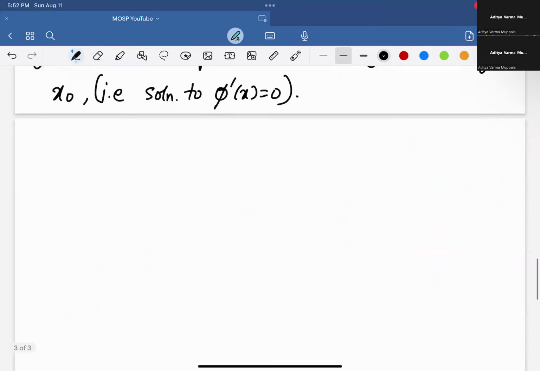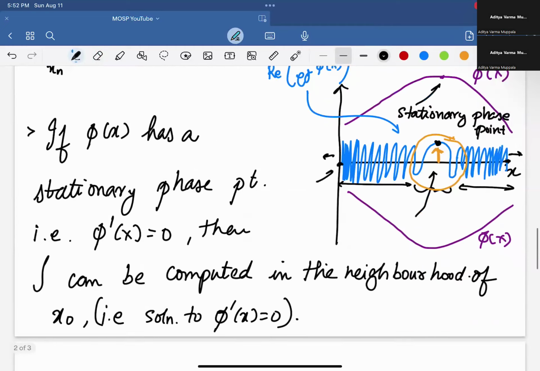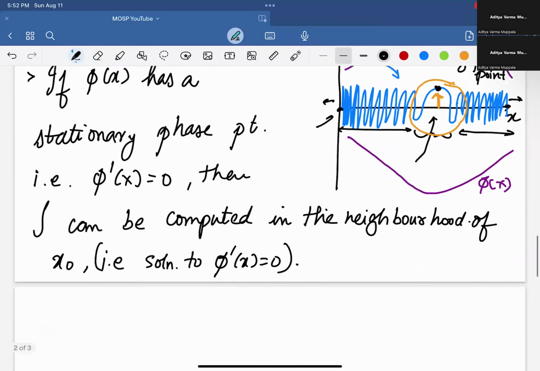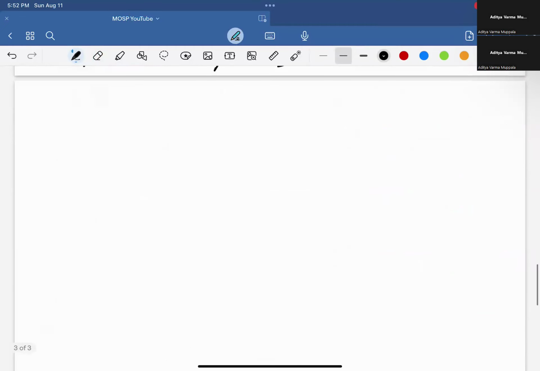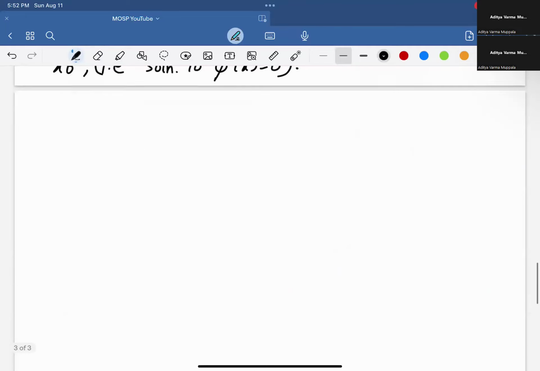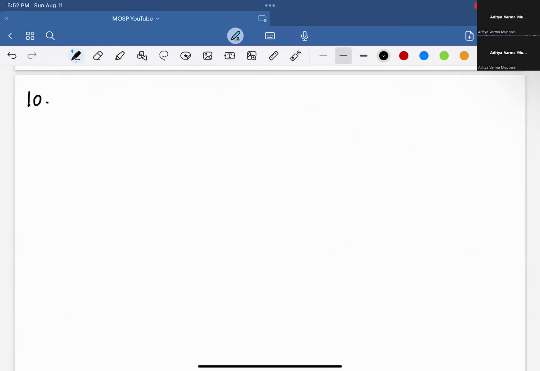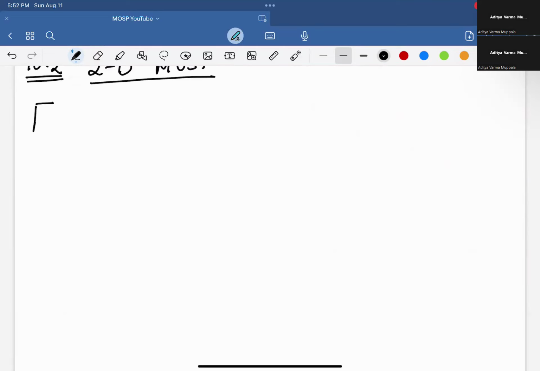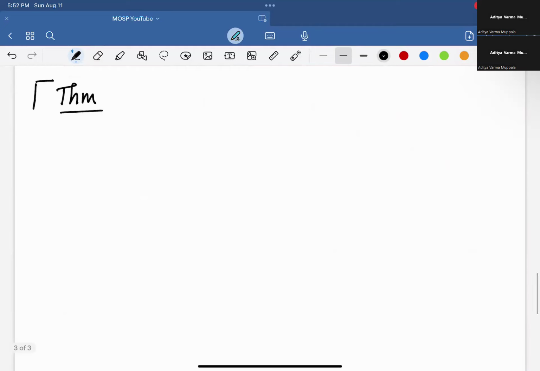Okay, I won't prove this method, like why it works, but hopefully that's intuitive. All right, so let me go back. It's 10.1, so let's say 10.2. So we look at the actual theorem. Okay, so the theorem says